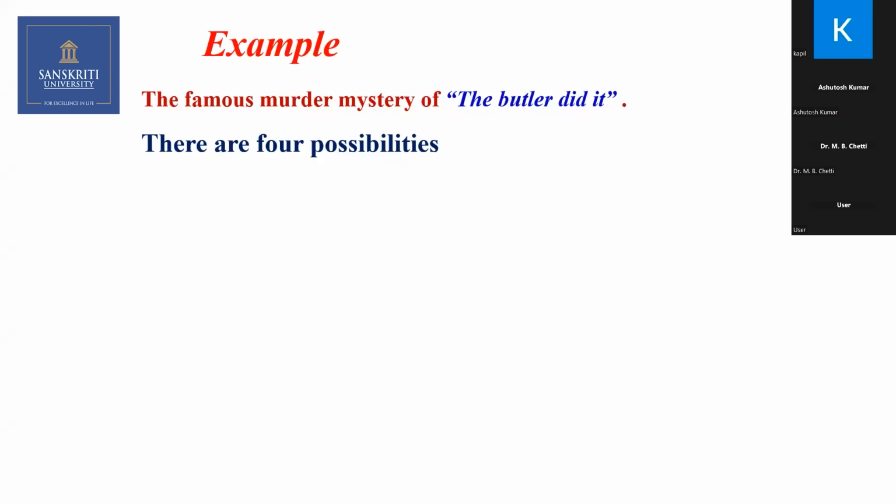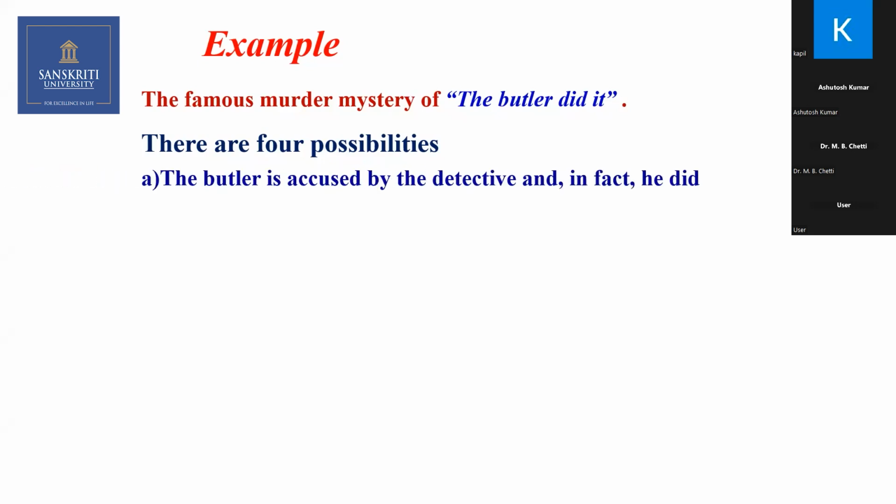an innocent person, but the police arrest him. It's a wrong decision. The butler is an innocent person and police releases him. That is also a correct decision. Whereas an innocent person is being arrested, that is a wrong decision. So there could be 4 possibilities.